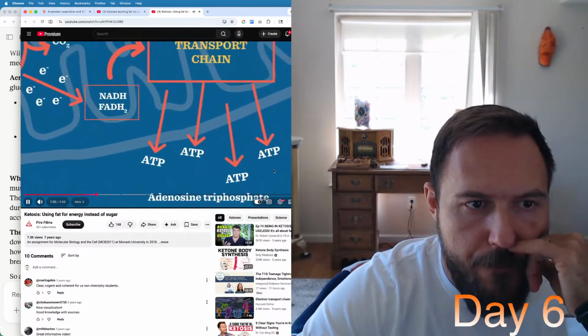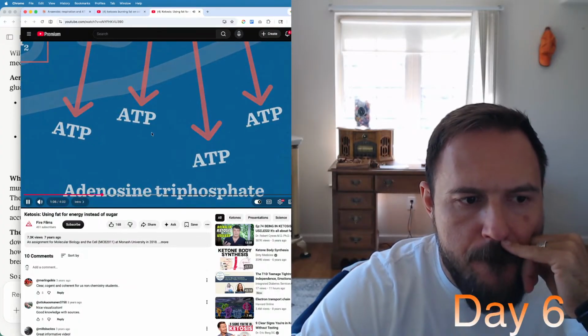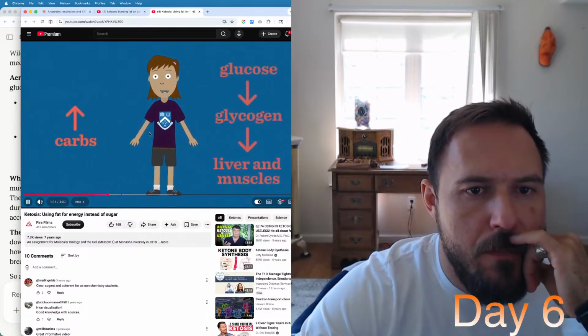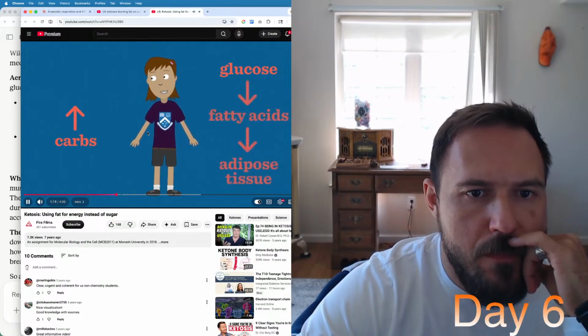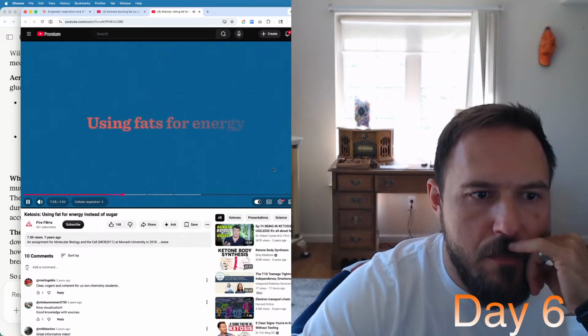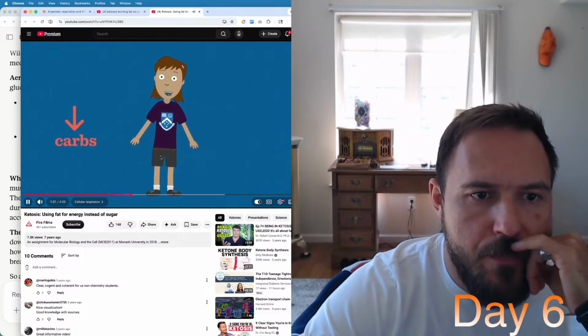ATP, or adenosine triphosphate, is the molecule that provides energy to all the cells in the body. If more carbohydrates are consumed than needed, the excess glucose will first be stored as glycogen in the liver and muscles. Then, when those stores are full, excess glucose will be converted to fatty acids and stored in adipose tissue. Using fats for energy. When dietary carbohydrates are sufficiently restricted, such as when fasting or on a low carbohydrate diet, the body will start to make ketones using